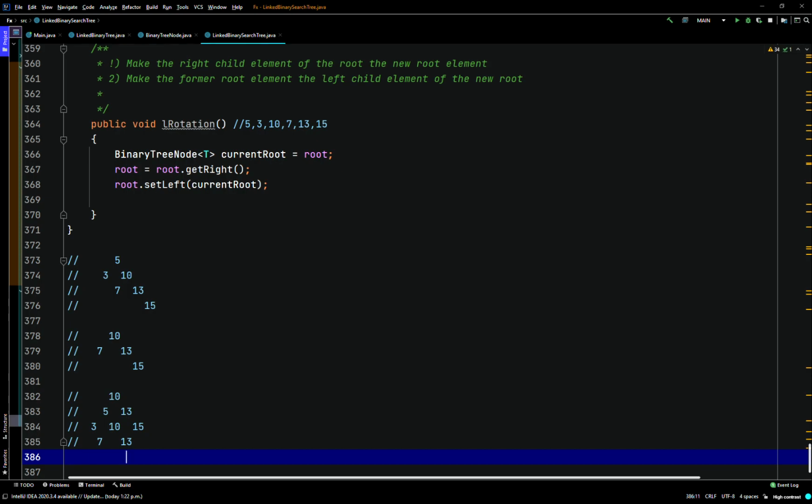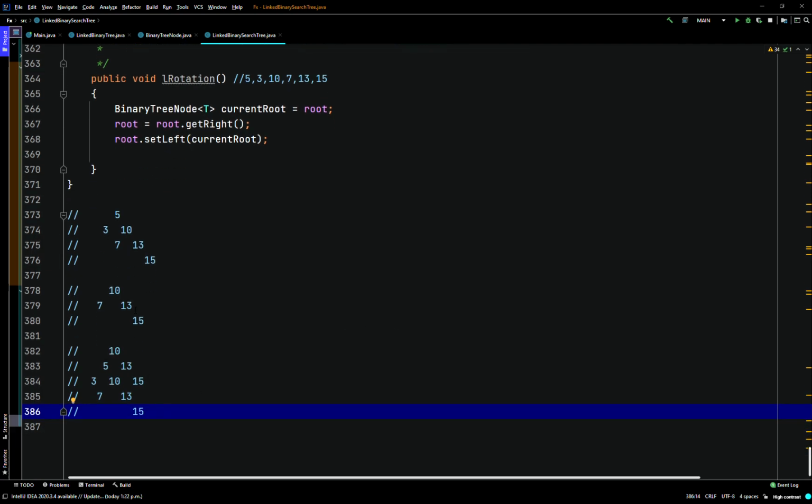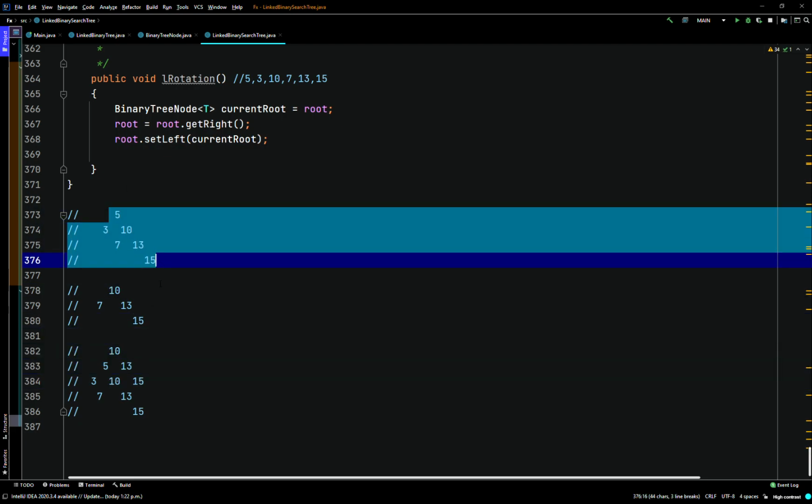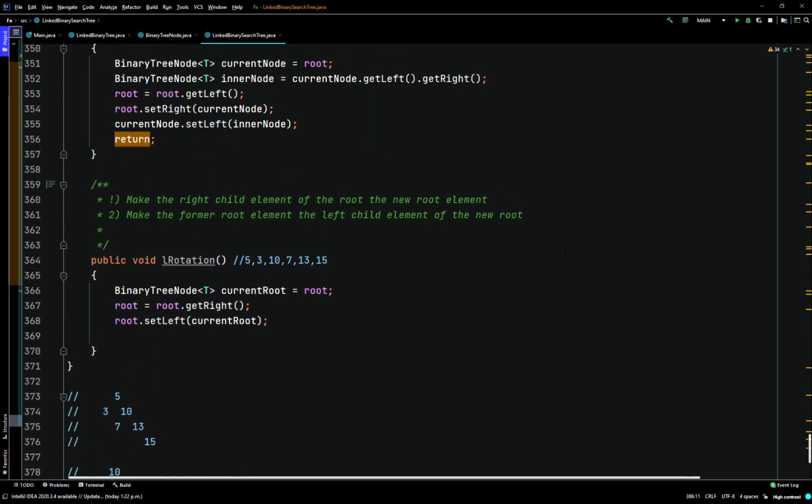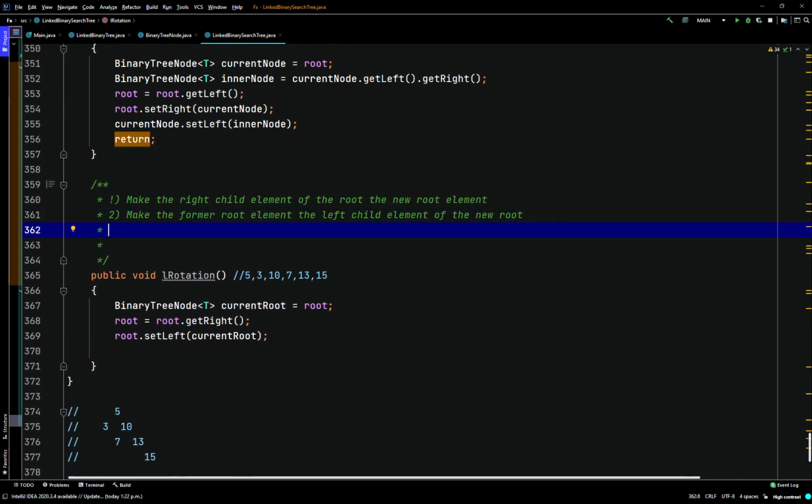10, 13, and 15. So 10, 5, 3. Sorry, 10. So 10, 13, 15 should be the same. 7's gone because we placed it with this whole tree, so we should see the whole tree here. 5, 3, 10, 7, 13, 15. There we go. So that's the second step. And we'll say the third step is